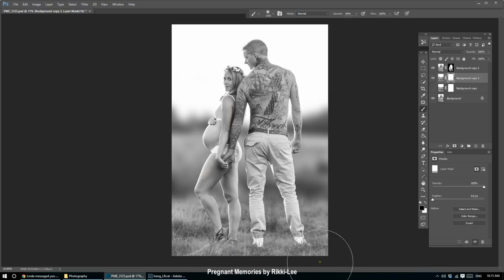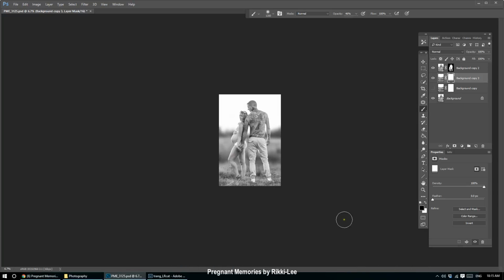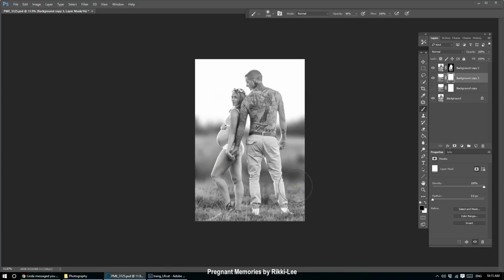Just ever so gently, like that. You can make the brush bigger so that it gives a bit more perspective, kind of like we were using the other blur method, tilt shift blur. So there you go, that's a Gaussian blur,